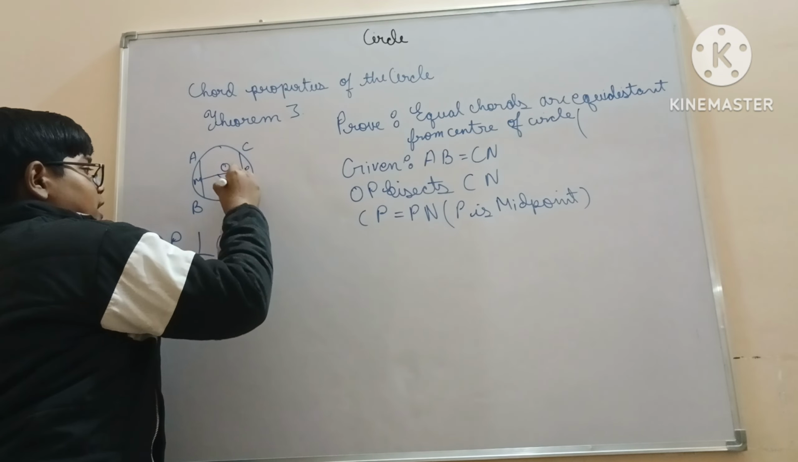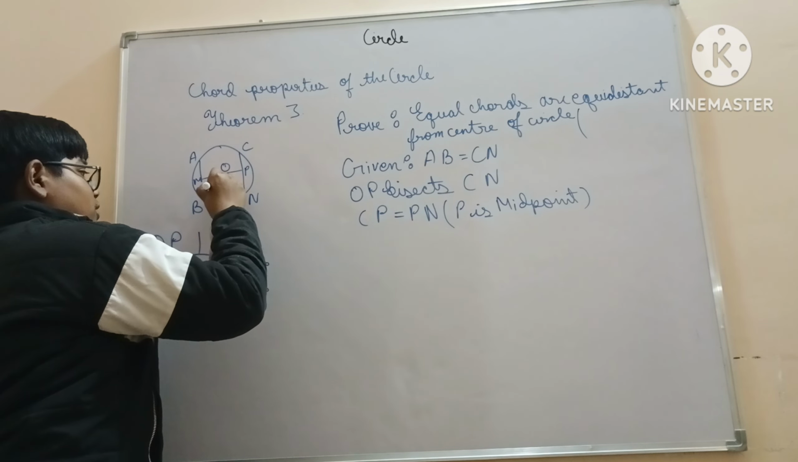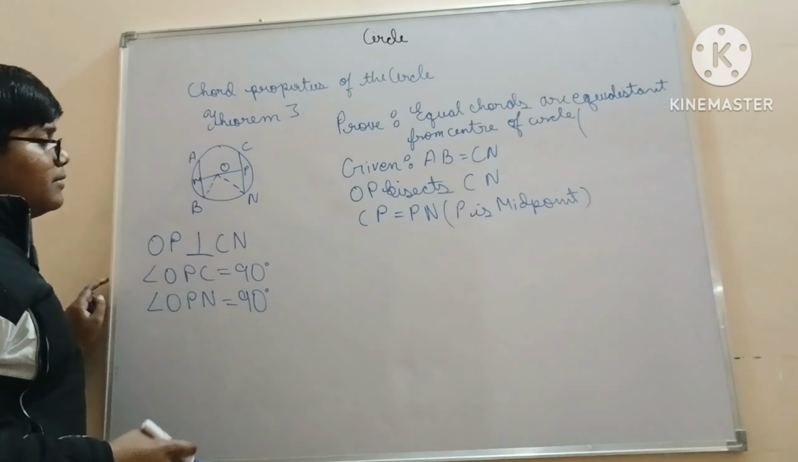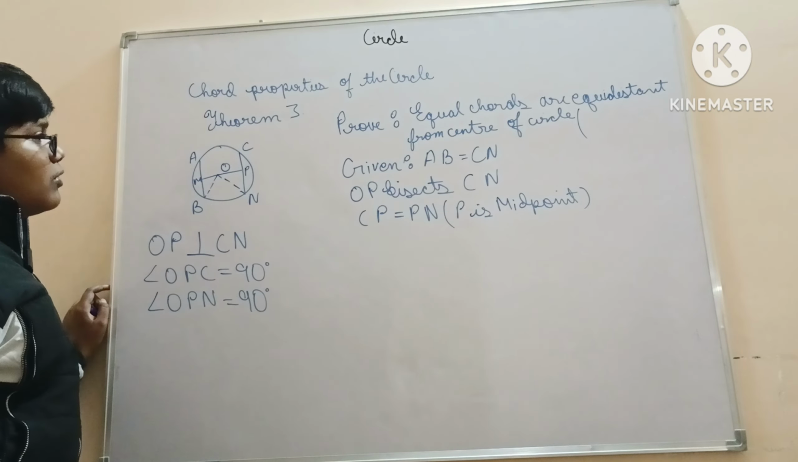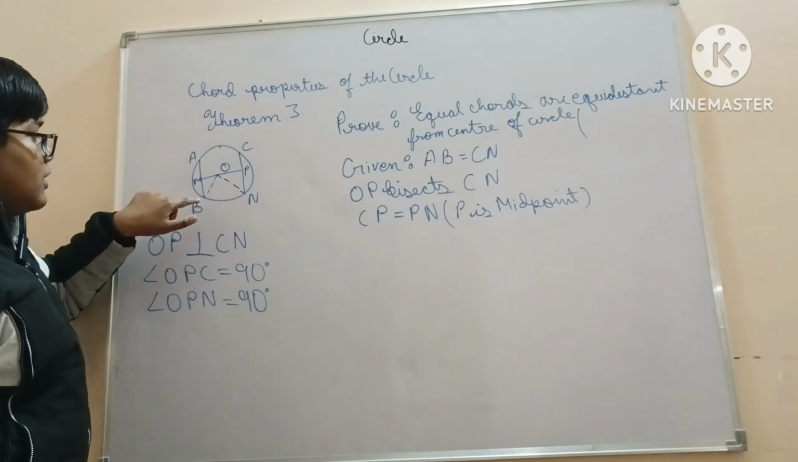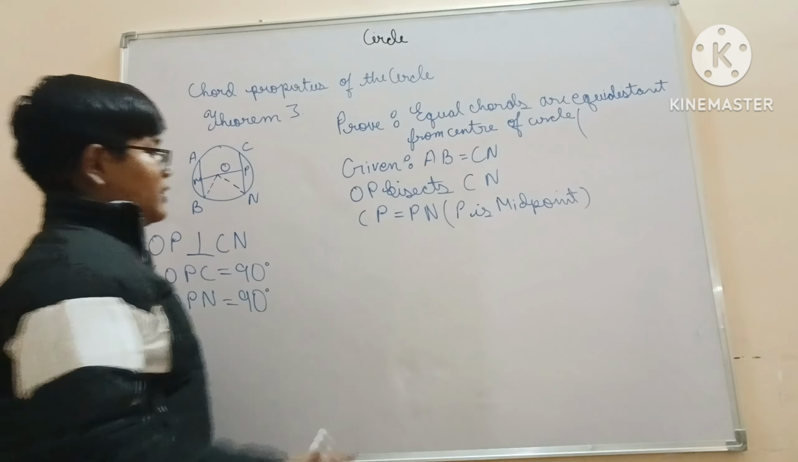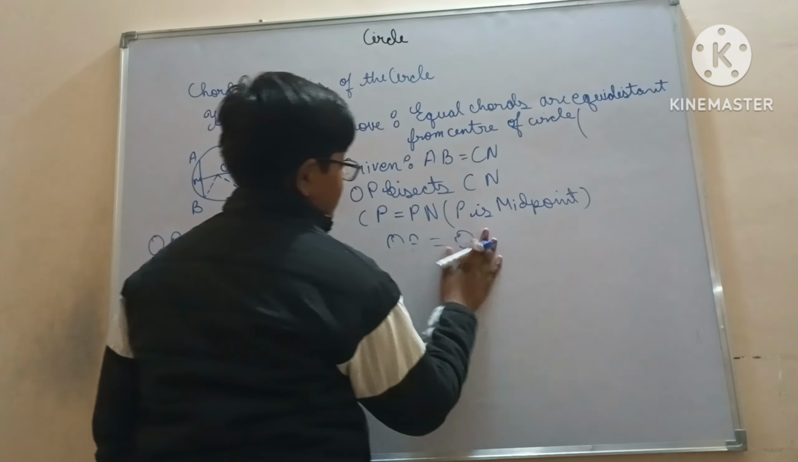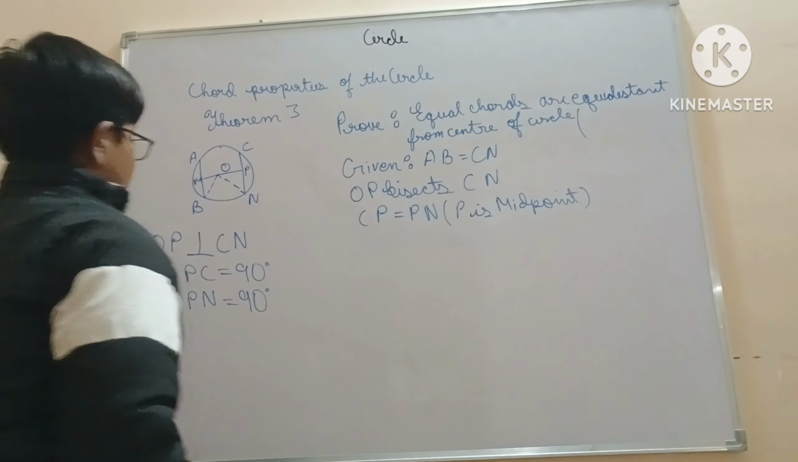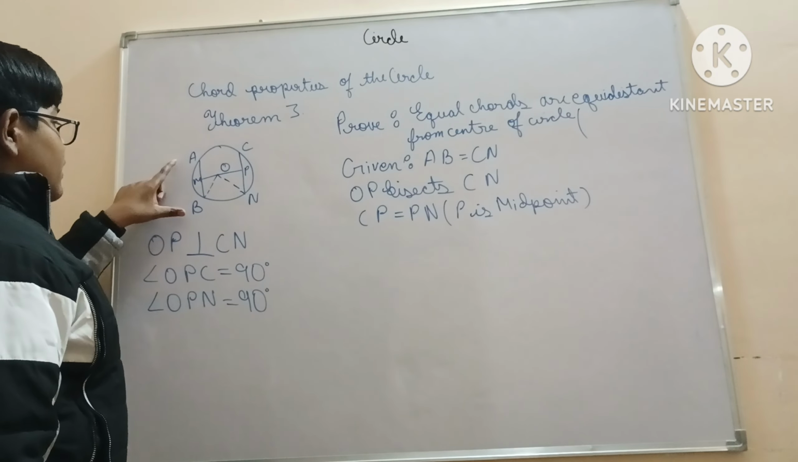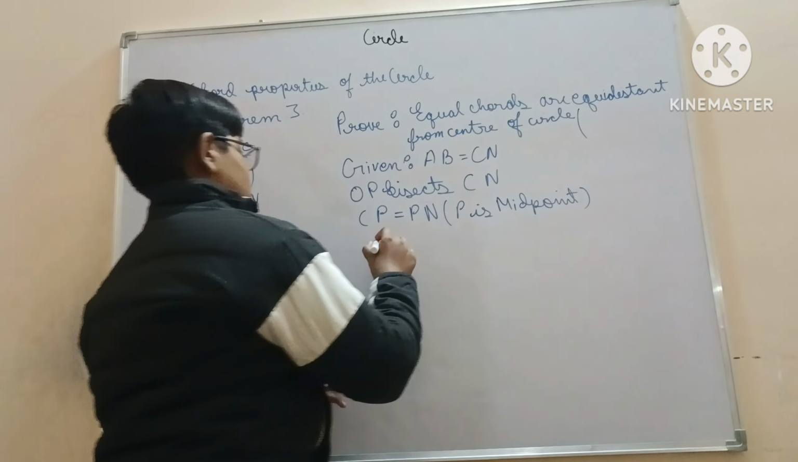Now in order to find that both of the chords are equidistant from the center of the circle, we will draw two radii from the center of the circle to the boundary. Now we can say that OB is equals to ON. First we have to prove that AB also. So OM